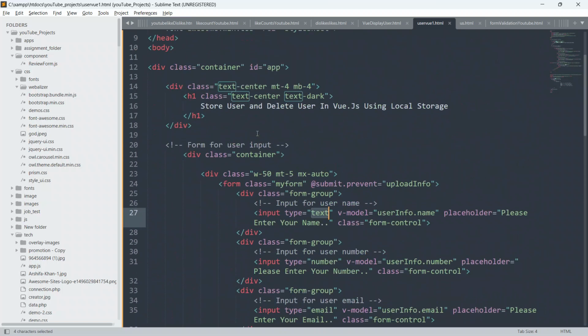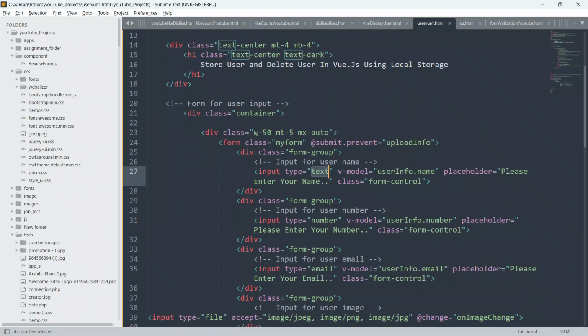So guys, we use v-model for two-way data binding, okay. Always remember, we use v-model inside Vue.js to perform two-way data binding, and it only works on input fields, text areas, radio buttons, checkboxes, and select. Otherwise it will not work anywhere, like on a div or span tag. It will only work on input fields, select, options, radio buttons, or checkboxes, okay. So we use v-model to perform two-way data binding.